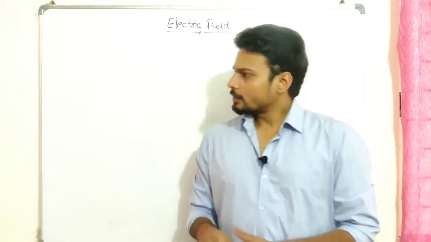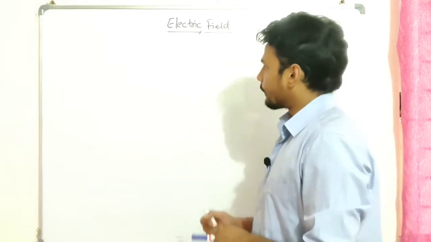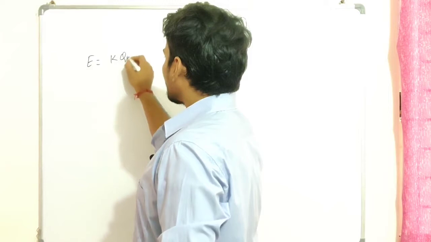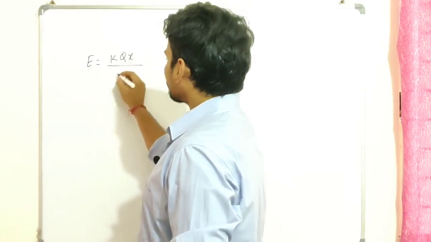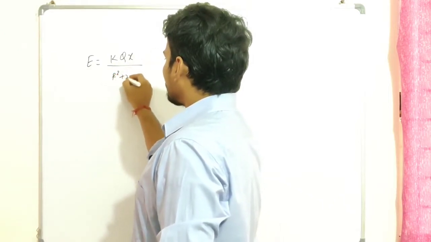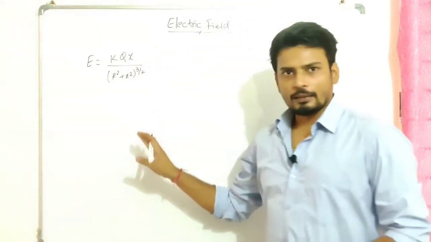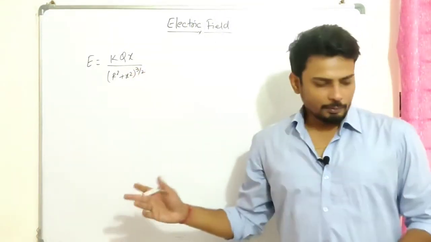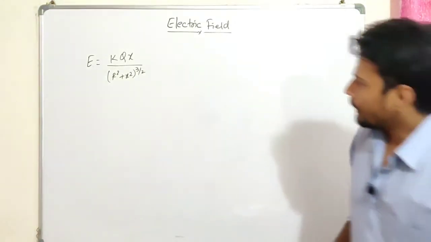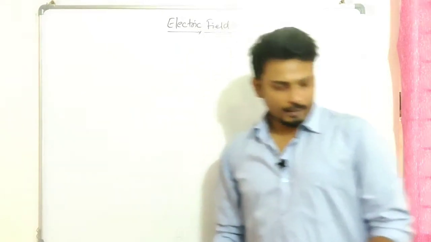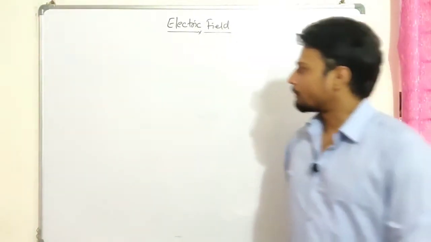Alright then, so I'm sure you guys remember the fact that the electric field on the axis of a ring at a distance of x is given as kqx divided by (r square plus x square) to the power of 3 by 2. You should have this in your mind, and we'll be using it quite some time. Okay, now let's quickly understand first of all the graph of the electric field with x, and then we'll go and check more numericals.